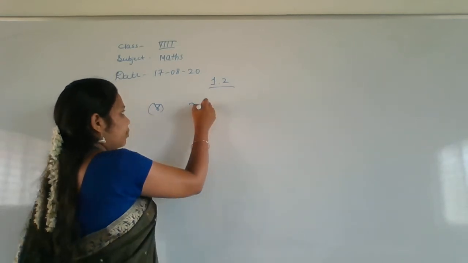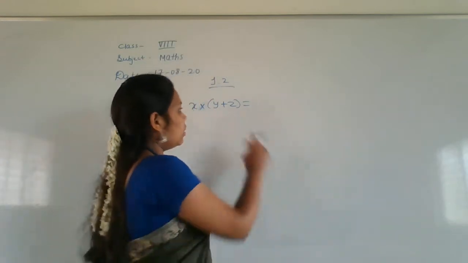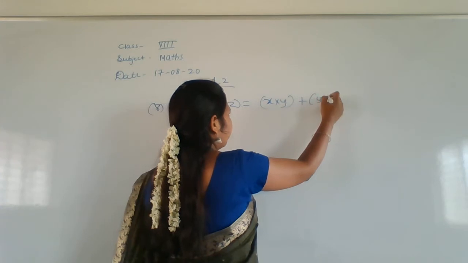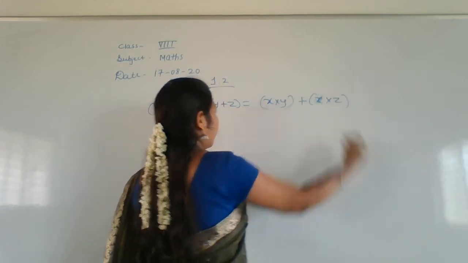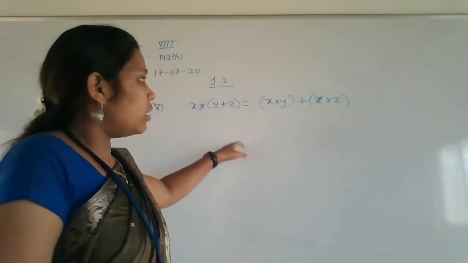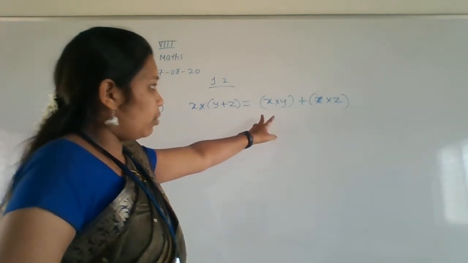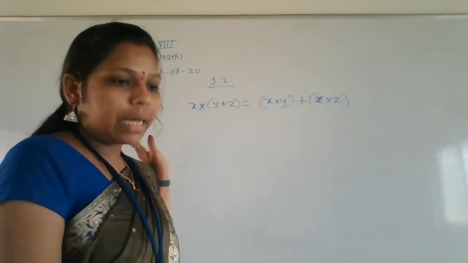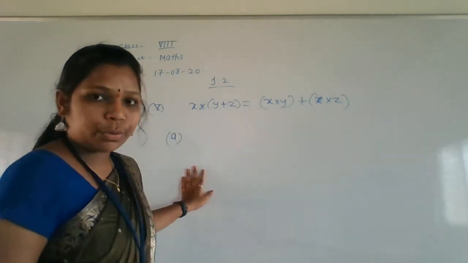x into (y plus z). Like this they have given, right? Okay, fine. So next it will be x into y plus x into z. Okay, so now we have to verify like this. They didn't give brackets here. If you want to take brackets, then take, otherwise leave it, it doesn't matter, all are the same only. Okay, so first they gave a, the 8th one I'll solve, and the b one you have to do at home.